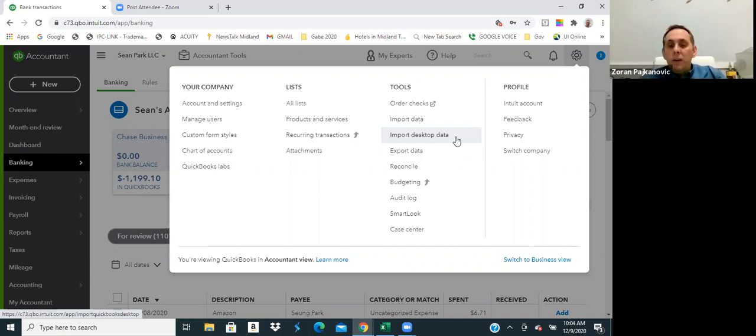So be careful if you're trying to convert desktop to online, especially if you were simultaneously working on both files and now you're trying to merge them into one. At the same time,